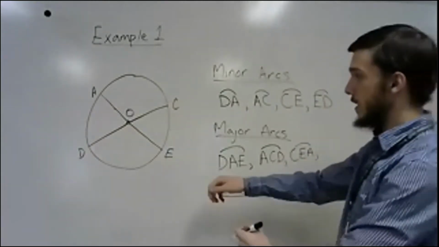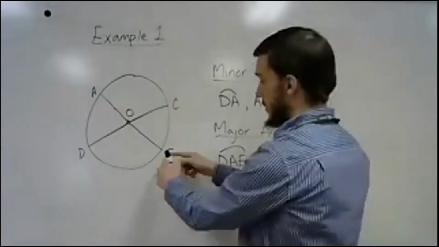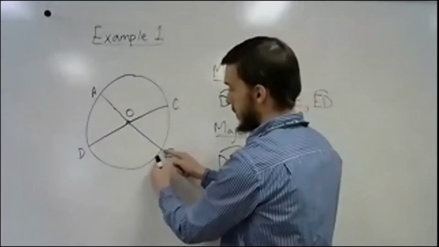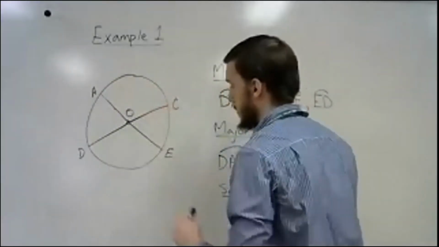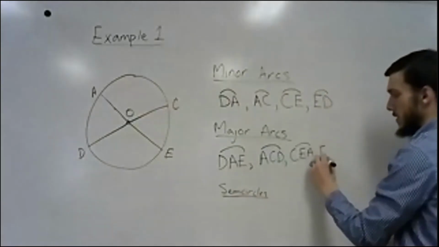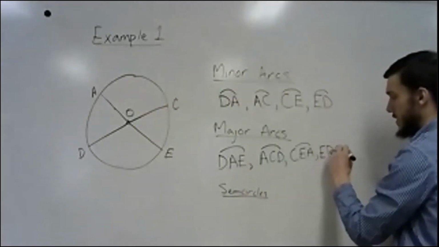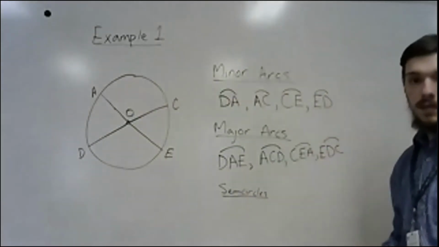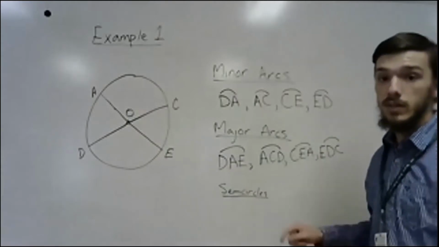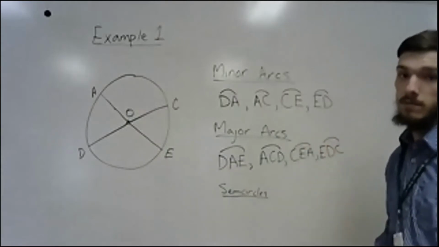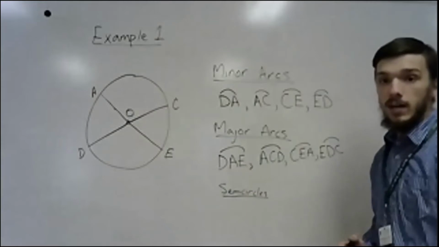And finally, our last major arc is the arc that goes from E all the way around to C. So we're going to call that EDC. Okay. When you're writing arcs, make sure that you have your arc symbol above them. Okay. Then our last